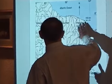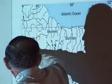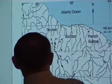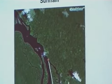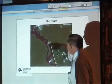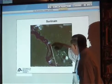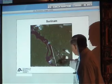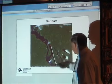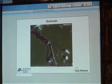And that includes French Guiana, Suriname, Guyana, part of Venezuela. I've been down part of this, but I have not been in here. But and what have I left out? Well, anyway, this is in Suriname. This is a boulder, and it's a big boulder, and it's filled with petroglyphs, and it has a nice view right down this channel. This natural channel in the land, magnetic south, and you have to go quite a ways before you find